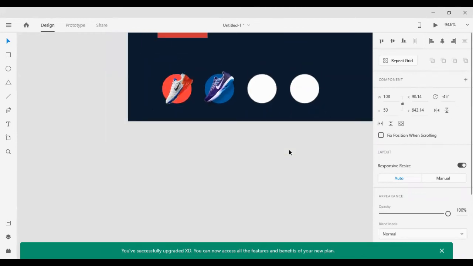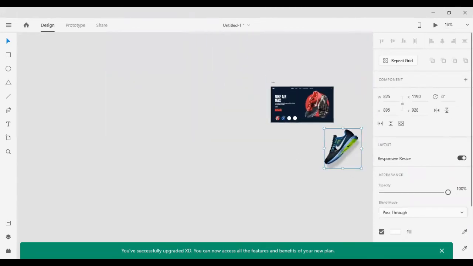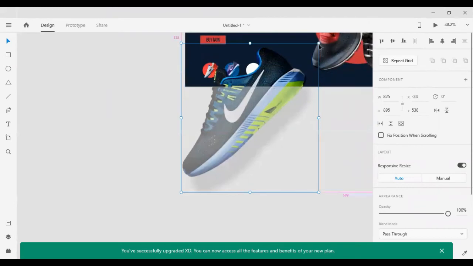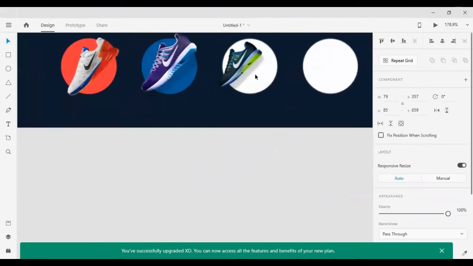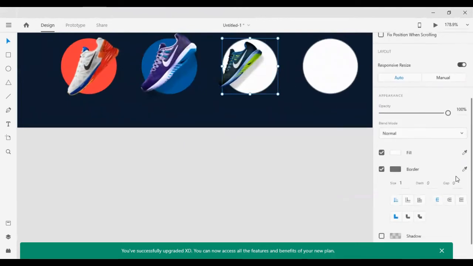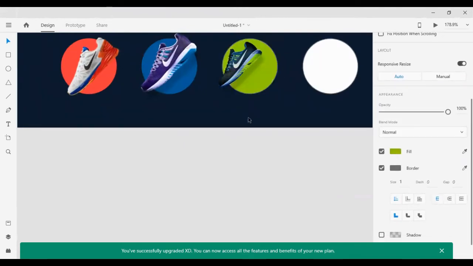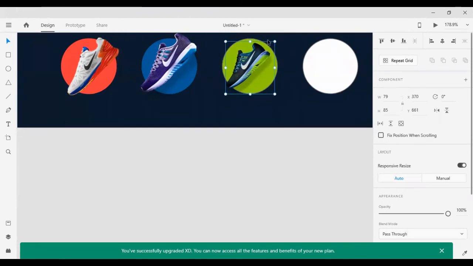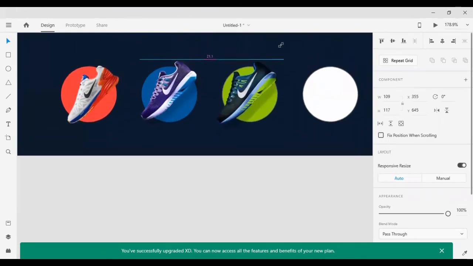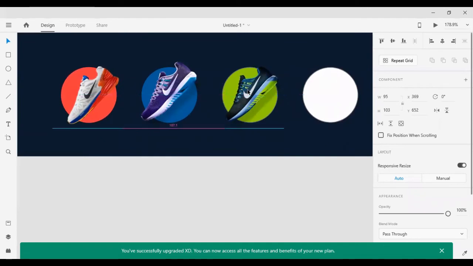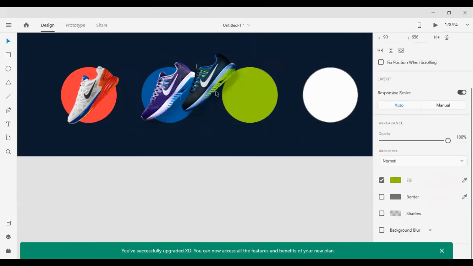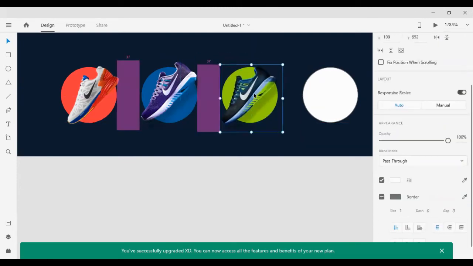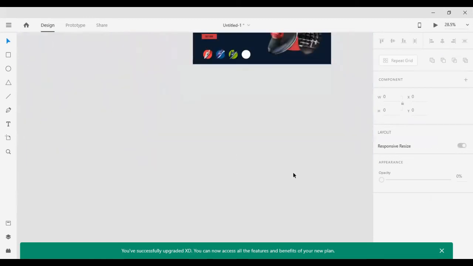Rotate by 45. Now zoom out, get this one. Do the same, make it smaller, zoom in, change this color to yellow or green, and just make it bigger now. Okay, and select to move the border, just put it on like that. Now zoom out for the last one,